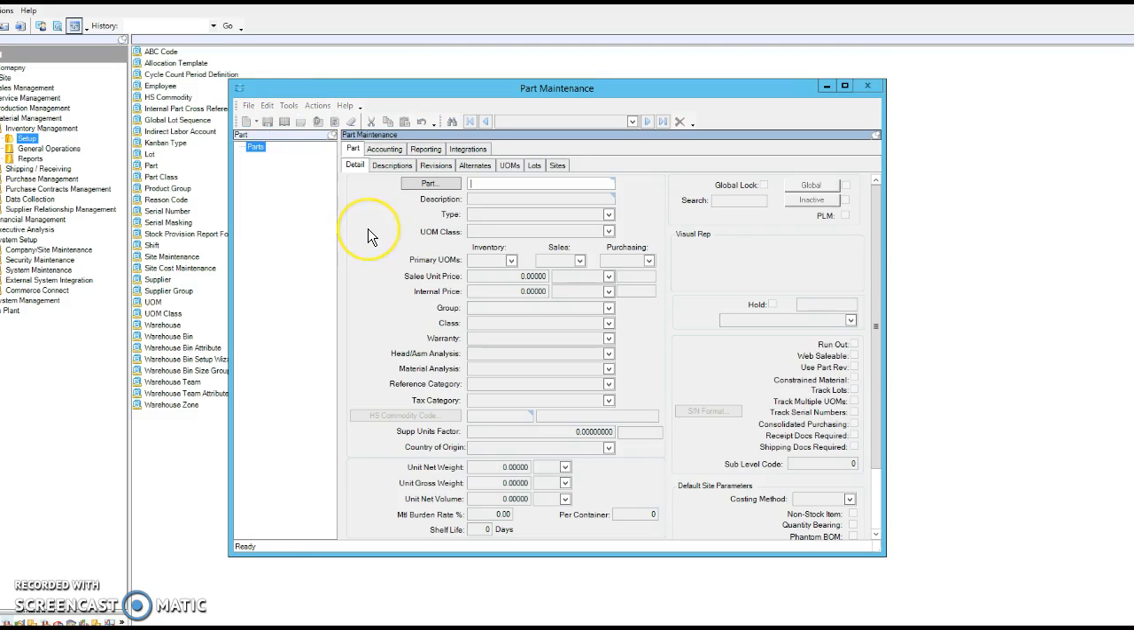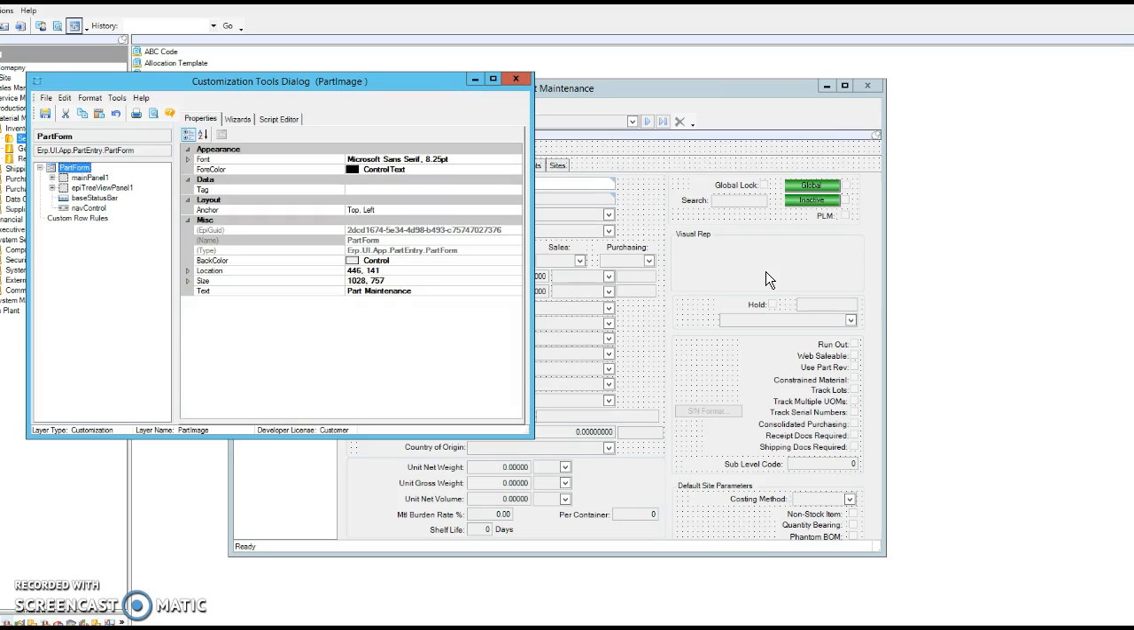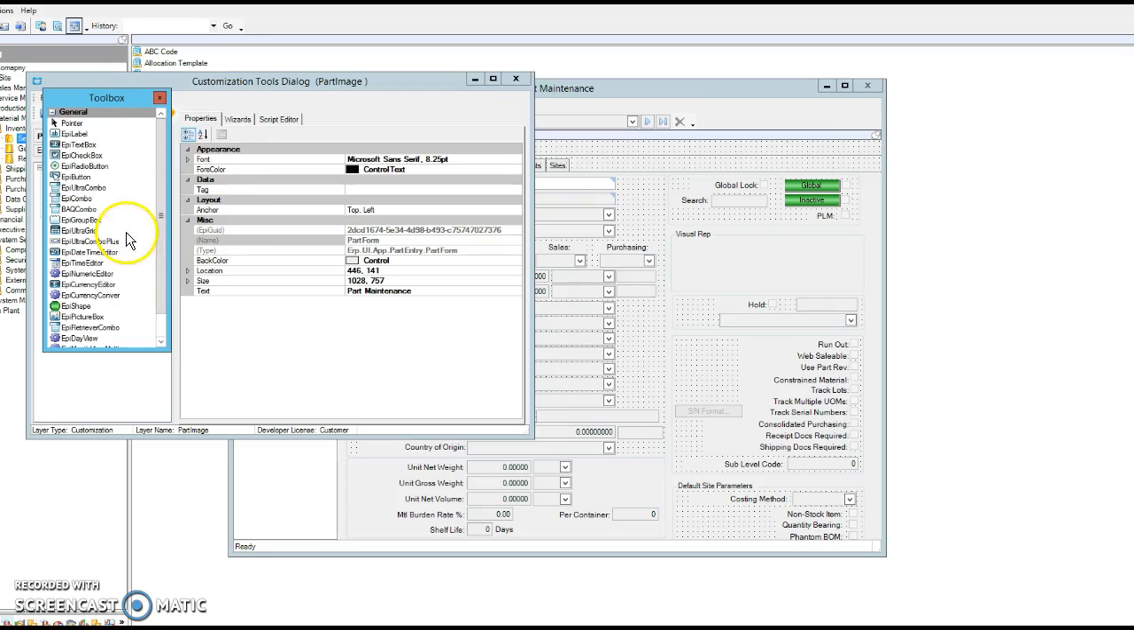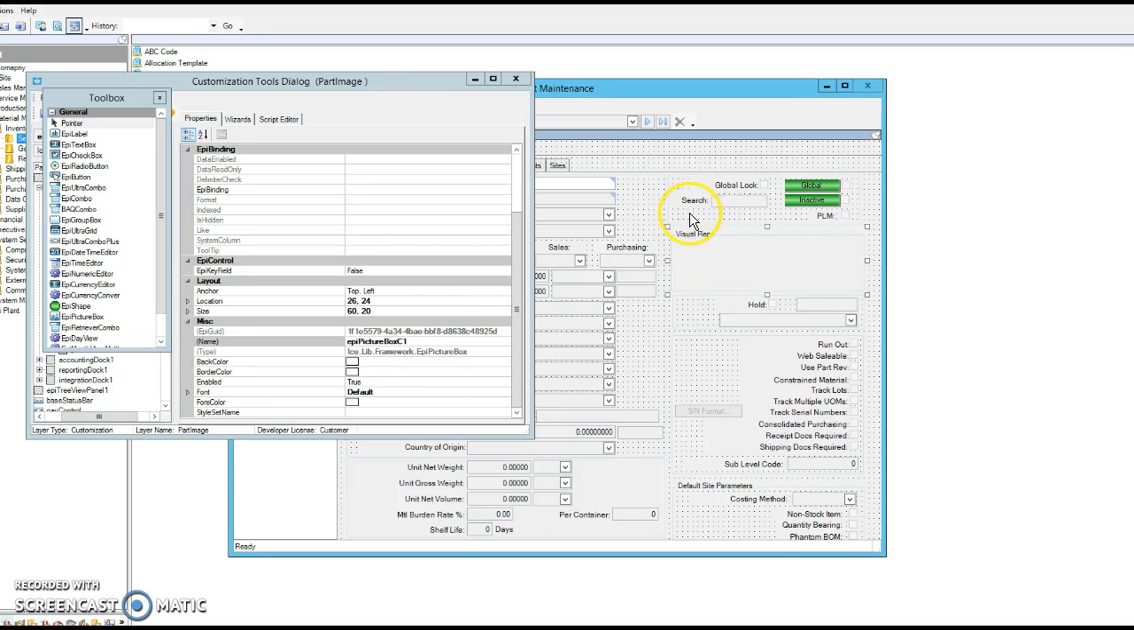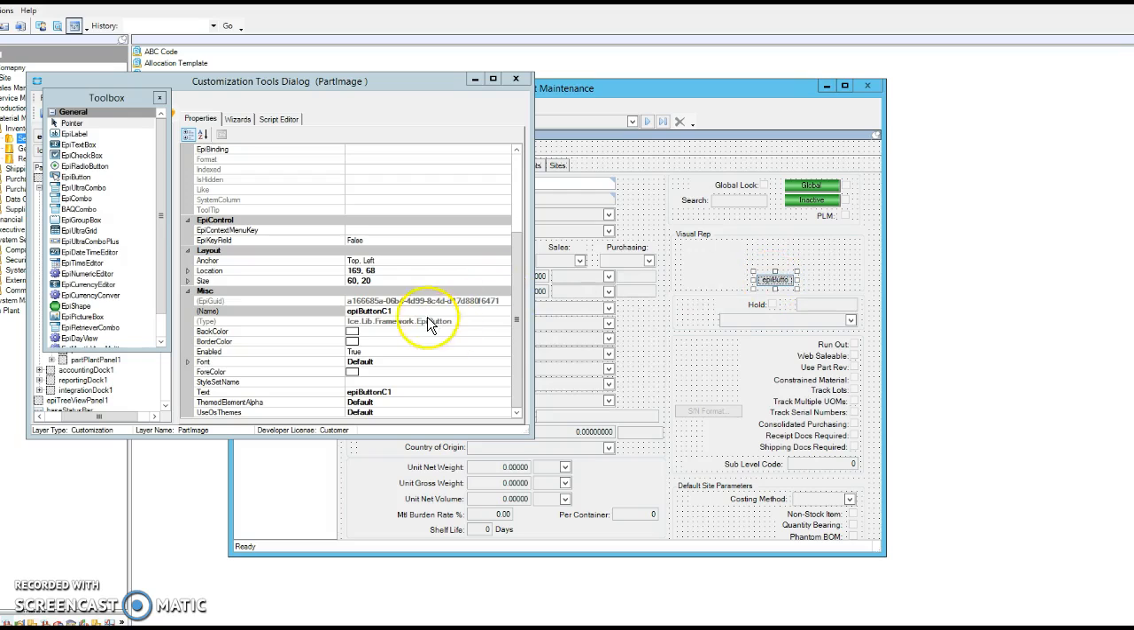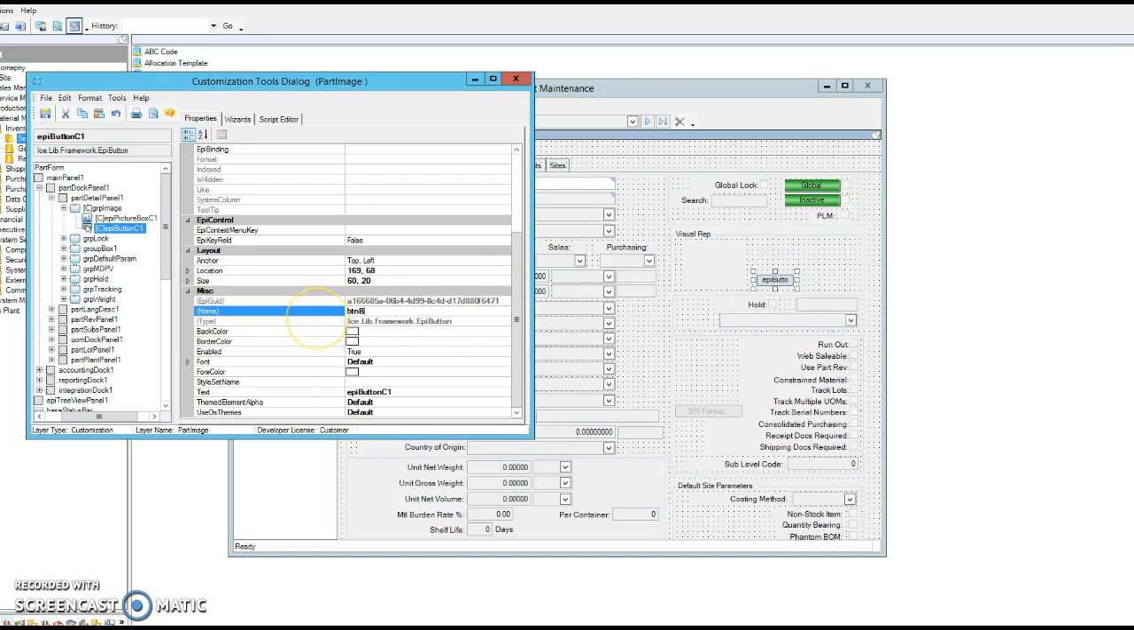So I'm going to go into customization mode and I'm going to draw an epi picture box in this area, as well as a simple button that will allow me to select the picture I want to show up. Okay, so I'm going to select epi picture box and draw it into my visual rep area. I'm just going to draw a little square, and then I'm going to do a button, and I'm just going to throw it in here also, and I'm going to call it button browse, and I'm just going to say